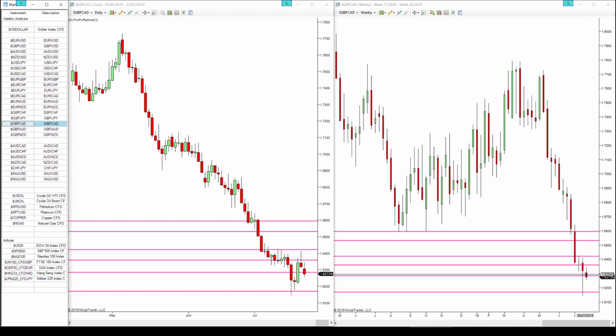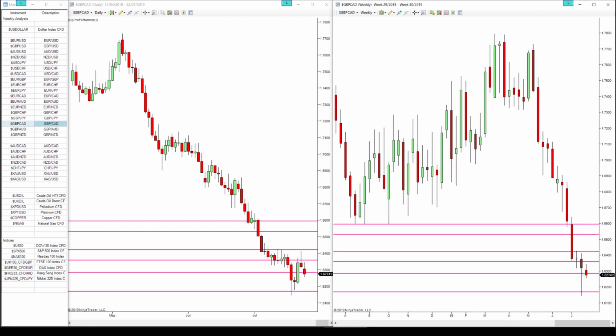also looks very keen on heading lower. So all of this, even though we did have a strong overextended and weekly rejection of the lows, we are overextended. It's just a long run to go without any kind of a retracement. It still continues to look quite bearish. Let's have a look at pound Aussie.